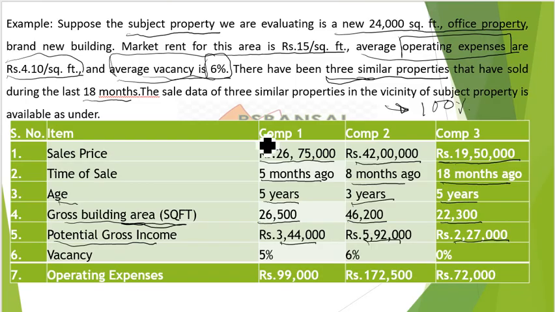Potential gross income means if the building was 100% occupied throughout the year, it would have fetched 3 lakh 44,000, but 5% remains unoccupied for comparable one, 6% remains unoccupied for comparable two, and there was no vacancy period in case of comparable three. And operating expenses for comparable one was 99,000, for comparable two was 1,72,500, and for the third comparable